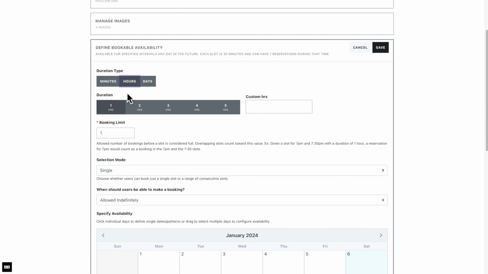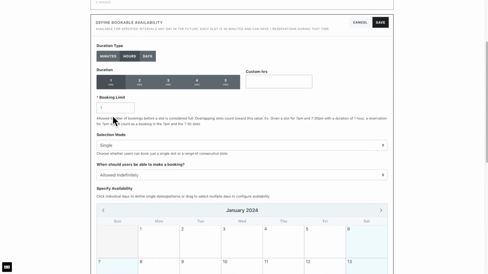For the duration, you can choose one of the predefined options, or you can enter your own if you need to set a longer period. Next, we have the booking limit. In this example, we have a pavilion with a booking limit of 1. This is helpful if you have an event where you would like to sell tickets, and then cap the total